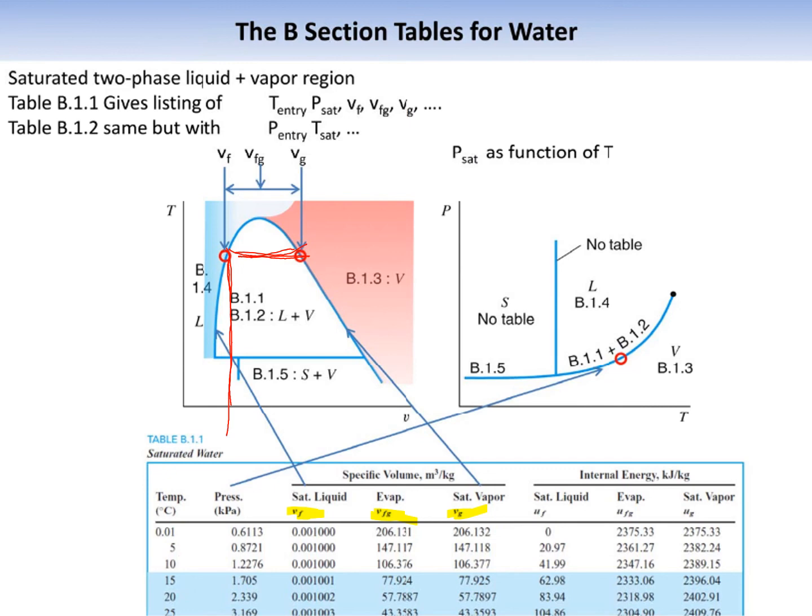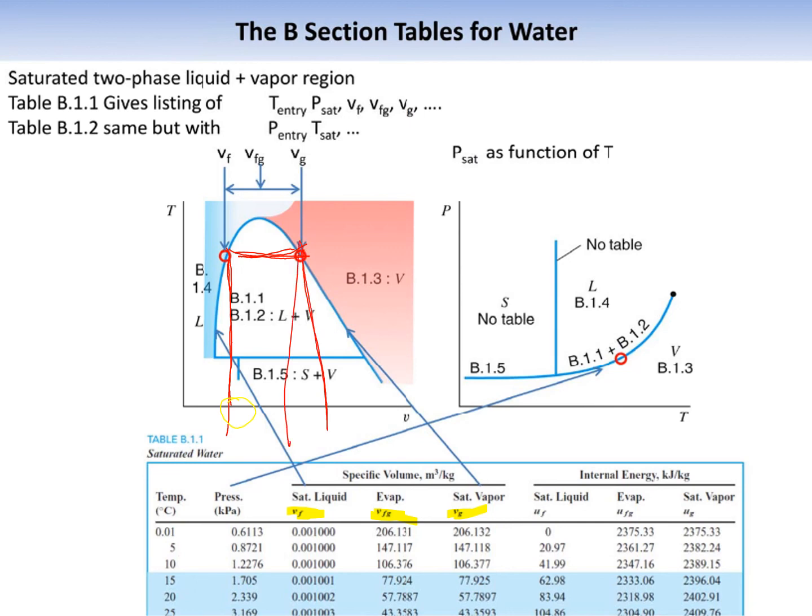This volume is Vf. If a unit mass of a pure substance is in the form of saturated liquid, how much volume will it occupy? It is called Vf. And when the boiling reaches the end point, this point,